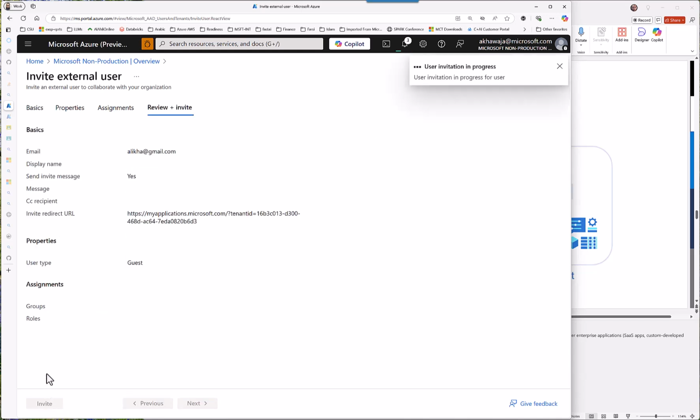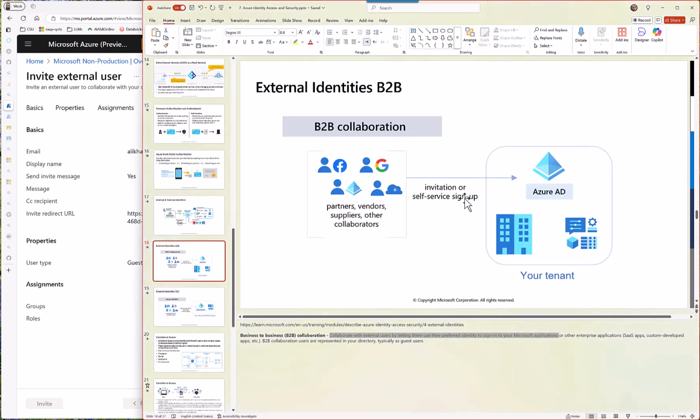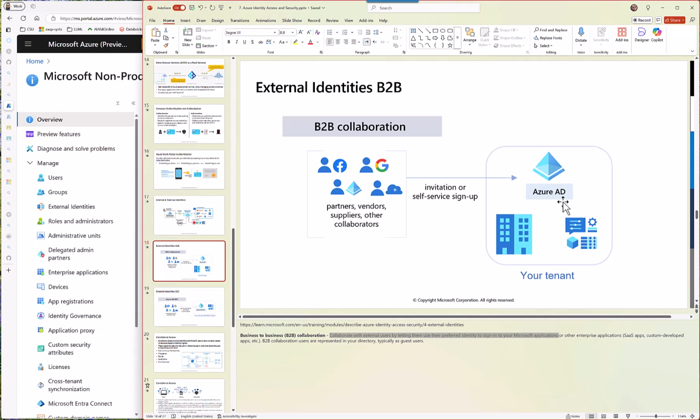ये इनविटेशन चलेगी, मुझे इनविटेशन आएगी, I can accept and I'll be part of this Entra ID. उसमें अगर MFA की पॉलिसीज हैं, now I need to make sure I am configured with MFA, otherwise I'll not be able to log in into this one and access any of this stuff, right? So जो आपकी policies होंगी, anybody who gets invited, he follows all of the same policies, okay? This is the nice part in this one.